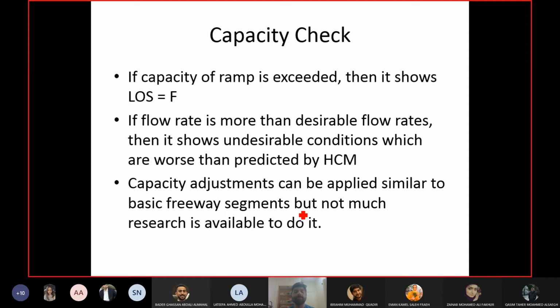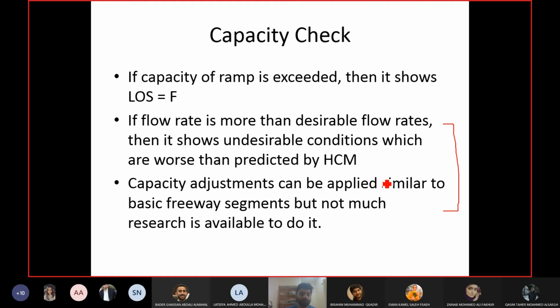Like they are saying, you must have seen these boards in the parking areas, park at your own risk, right? So this is what they are saying. These two statements are saying we have the factors, we have the procedure, but do it at your own risk. These factors and these procedures may or may not apply. So they are just giving you boundary conditions. That the factors which they gave you earlier, but for basic freeway segments, if you want to apply it, do it at your own risk.